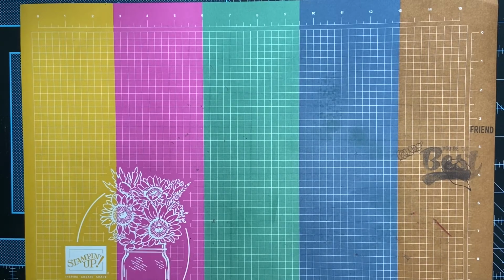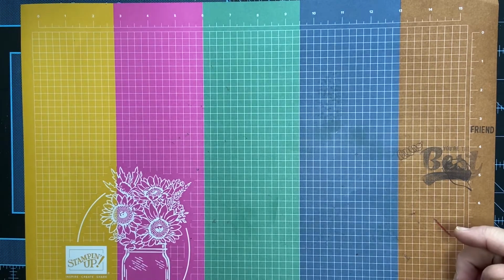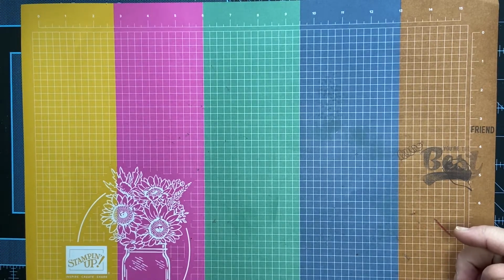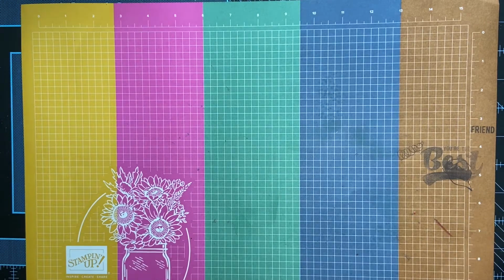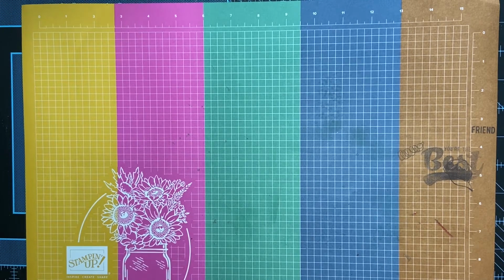StampinSueCreates here. I'm here to share with you the Batter Up Paper Pumpkin Kit, which was from May, I almost said March, May 2021. So I did an unboxing yesterday and I posted that,